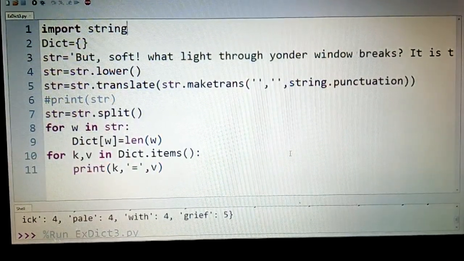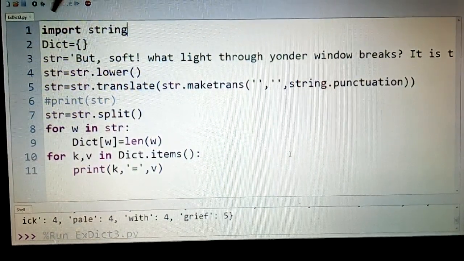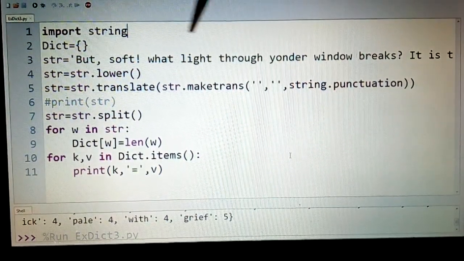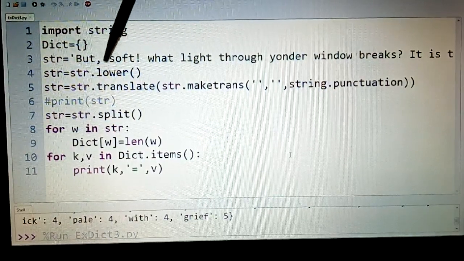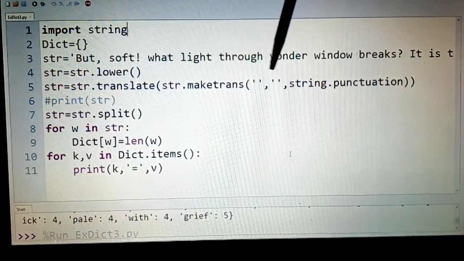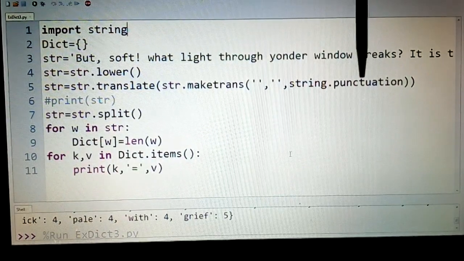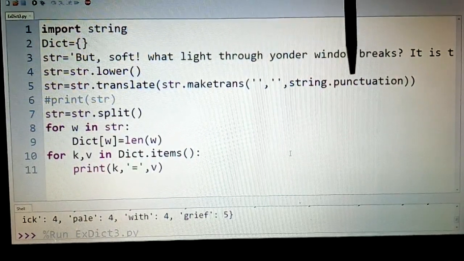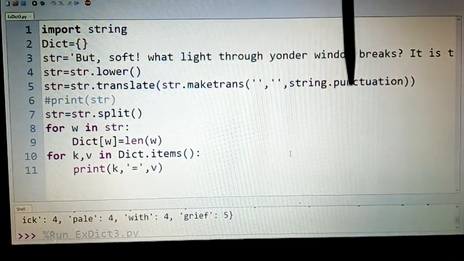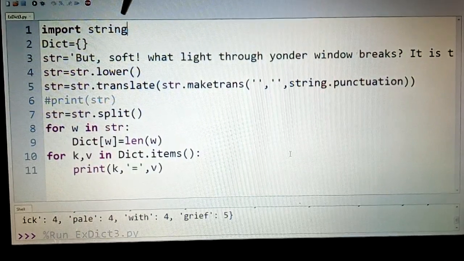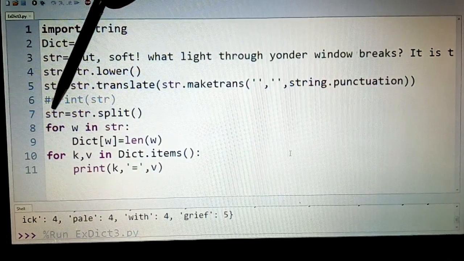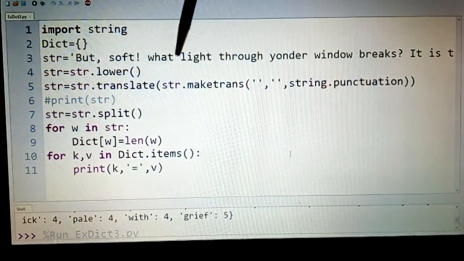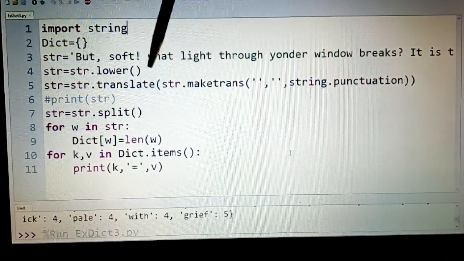So quickly going through what I have done: I have created an empty dictionary. The entire paragraph was assigned to str, then it was converted into lowercase, and then we translated it, rather removing the punctuation marks using string.punctuation which is inbuilt, and for that we had imported string. Then we converted to str again by splitting, because we want words, not the characters.